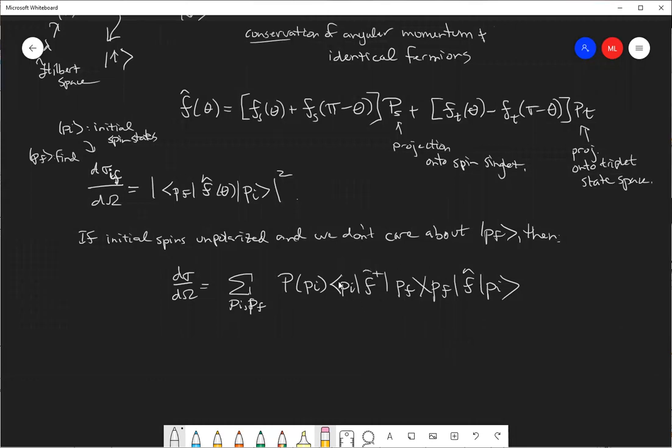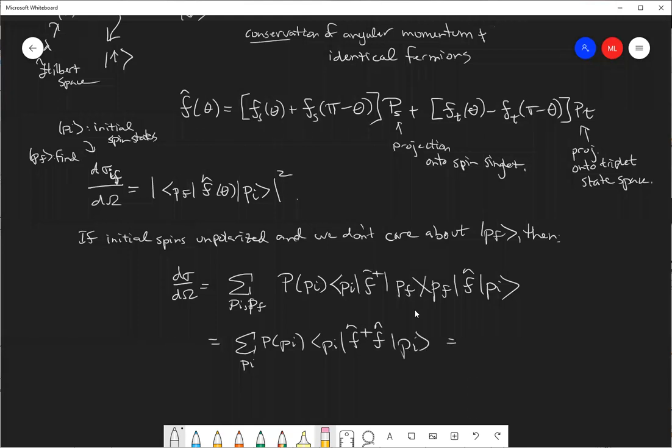And this is just the complex conjugate. So, what happens here? Well, you see in here, we have a completeness because we're summing over all the possible final states. So this is just a completeness relation. So all this is a sum over the initial polarizations, probability of observing a particular one, and then it's just the product of these two scattering amplitude matrices, which we can also write as